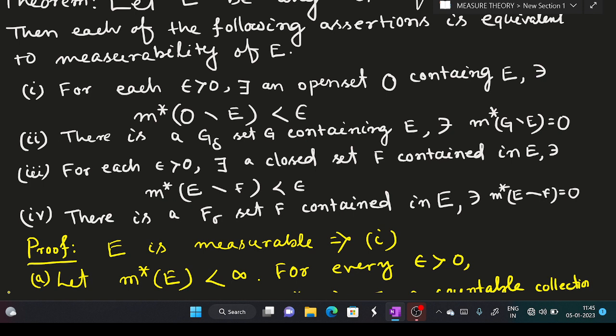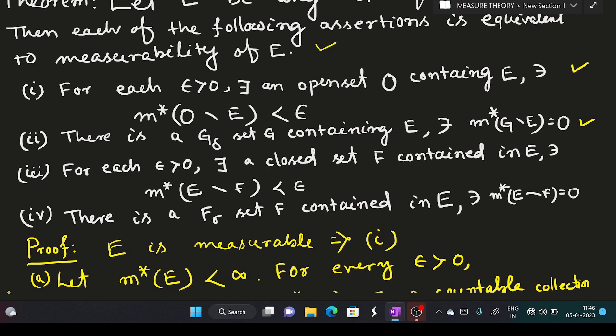Again, in a similar version, there is an F sigma set F contained in E such that the outer measure of E difference F is 0. Out of these, the first two we will prove, which come with the equivalence